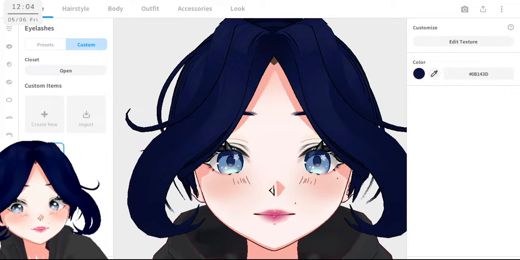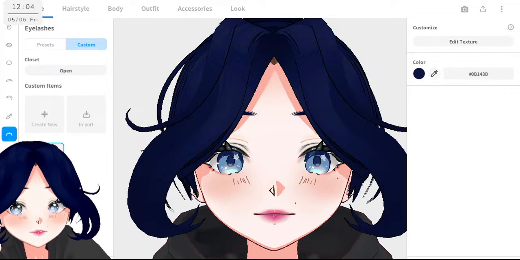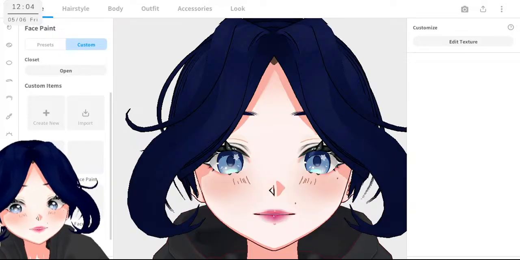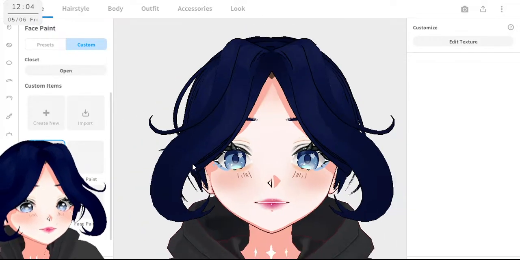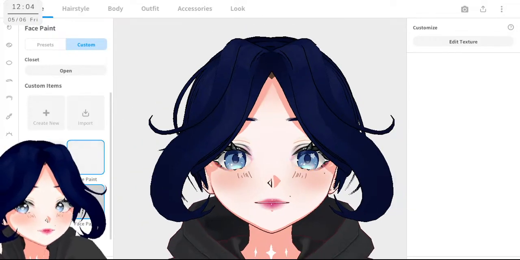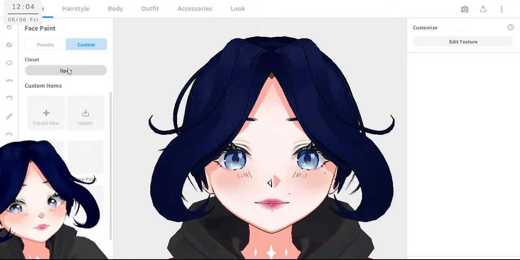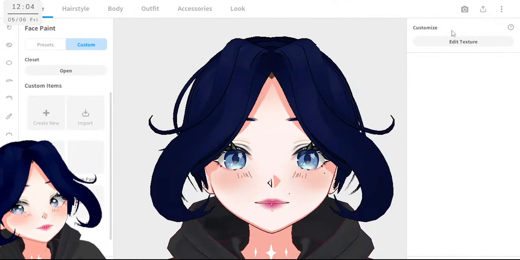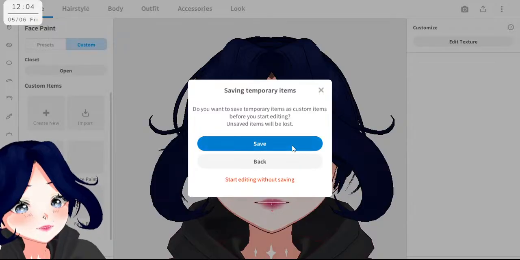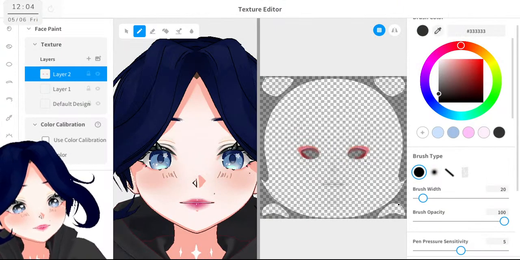All right, and face paint. Okay, let me edit this one. Yeah, let's save them.